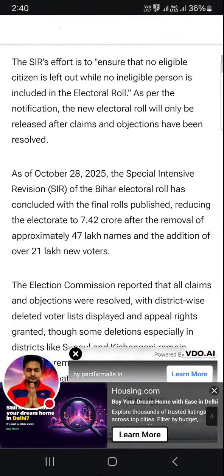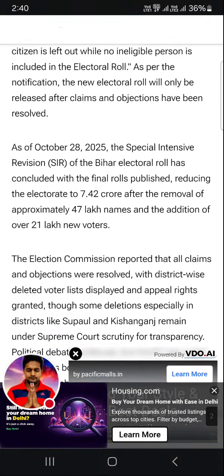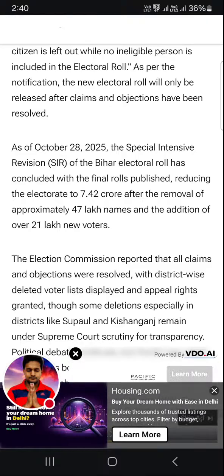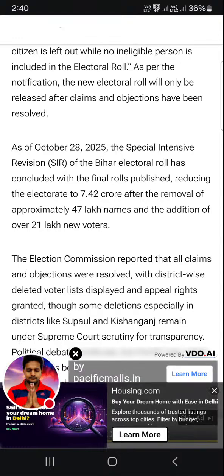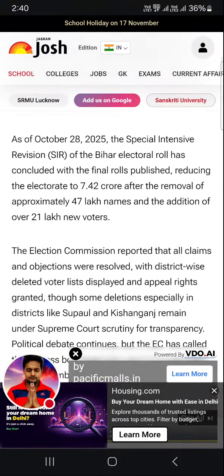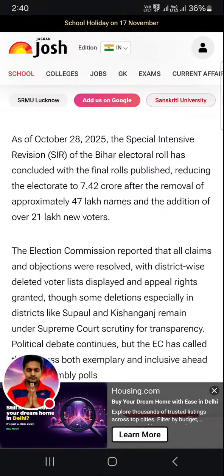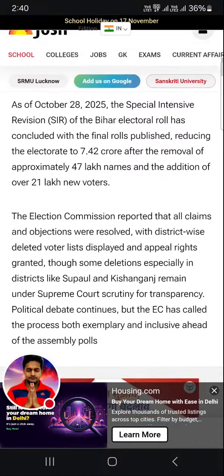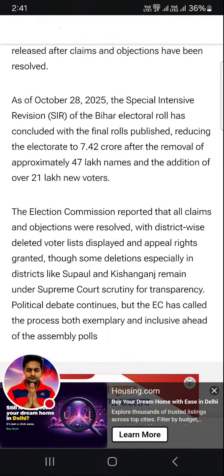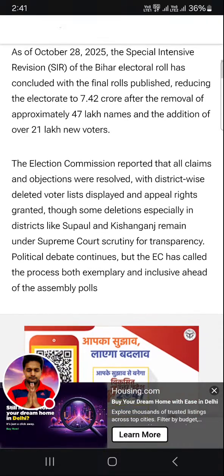been resolved. As of October 28, 2025, the Special Intensive Revision SIR of the Bihar electoral roll has concluded, with the final rolls published, reducing the electorate to 7.42 crore after the removal of approximately 47 lakh names and the addition of over 21 lakh new voters.